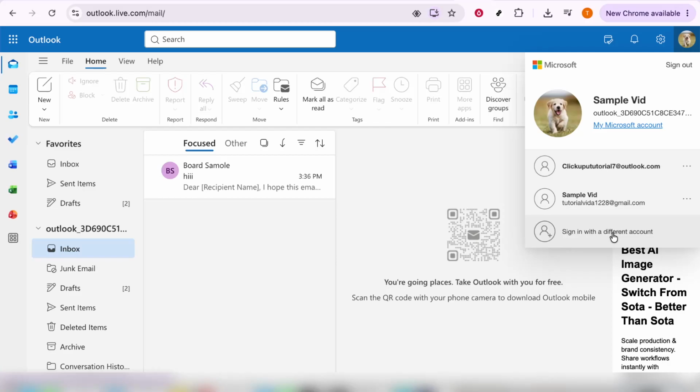Now, if you ever need to revert to the previous account or switch to yet another one, just repeat these actions. By regularly following this routine, you'll find that managing multiple accounts becomes second nature. And there you have it. In just a few straightforward steps, you've learned how to sign in with a different account